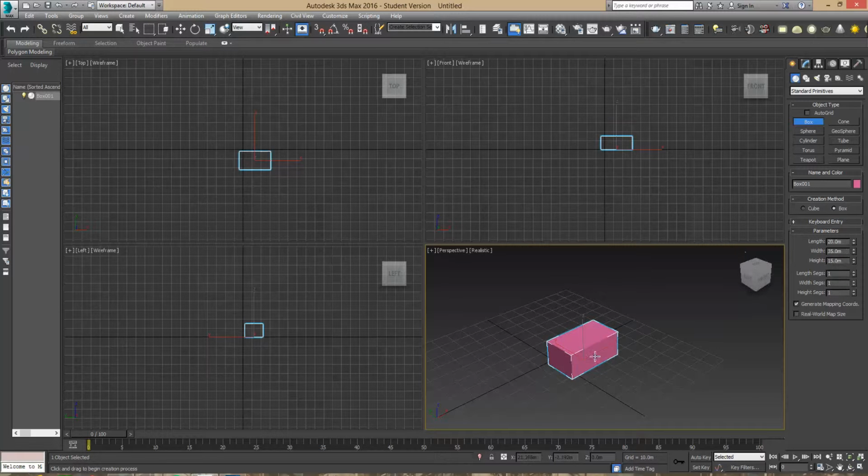Okay, and so I can set very precise values for this particular object. Now, just a note on how you use the mouse. You'll notice when we're in this kind of situation that the cursor looks like a cross. That's because I still have box selected, so Max thinks I'm going to be making another box. If I merely want to start working on this particular object, I have to go up and do the